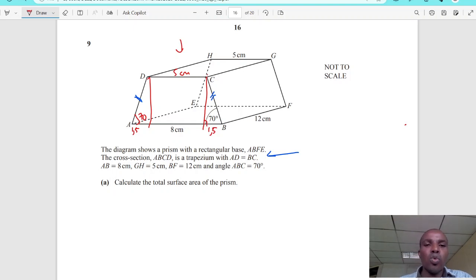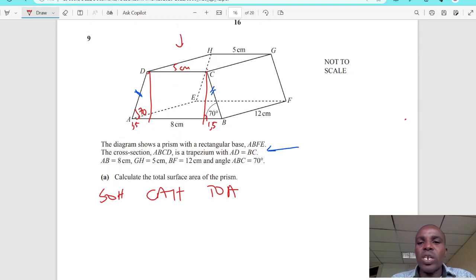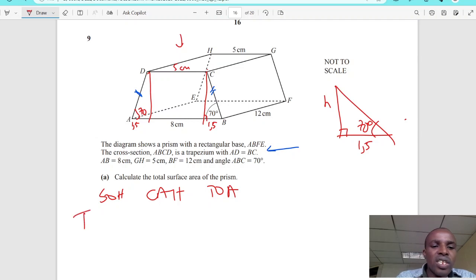How? You can use SOH CAH TOA. In this case, our height is this one. So if it's a triangle like this with 70 degrees, we want to find h. This side is 1.5. So to find h, it will be opposite, then 1.5 is adjacent. Opposite over adjacent is tan. So you say tan 70 is opposite, that is h over 1.5. So cross multiply: 1.5 tan 70